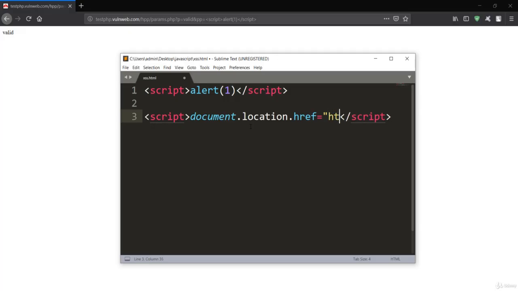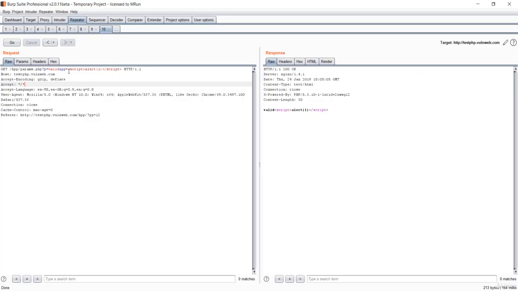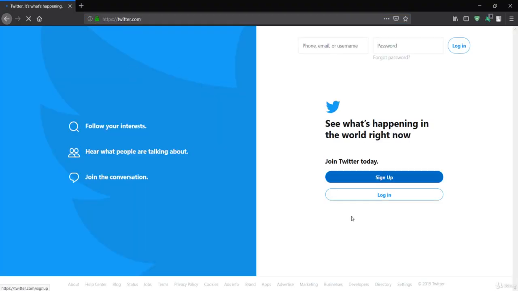So document.location is the URL, and we want to redirect with the href to some other website. Now I want to redirect them to, let me say, twitter.com. We can just do this. Simply make sure you put this code over here. Let's copy this first and see if this works or not. Instead of the old script, I'll pass our new script. Let me press go. Let's see the response in the browser. Let's paste here. Give it some time, and Twitter has loaded over here. That means it has a URL redirection.